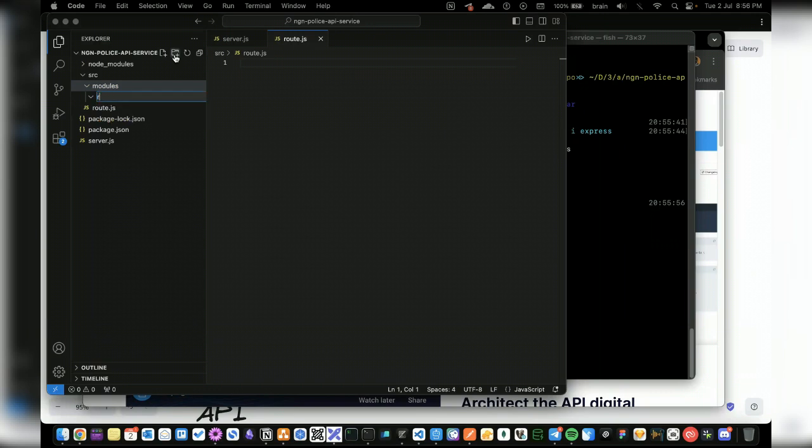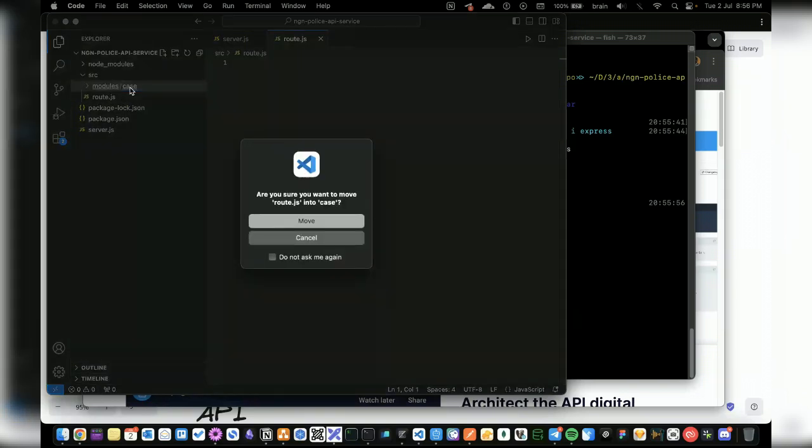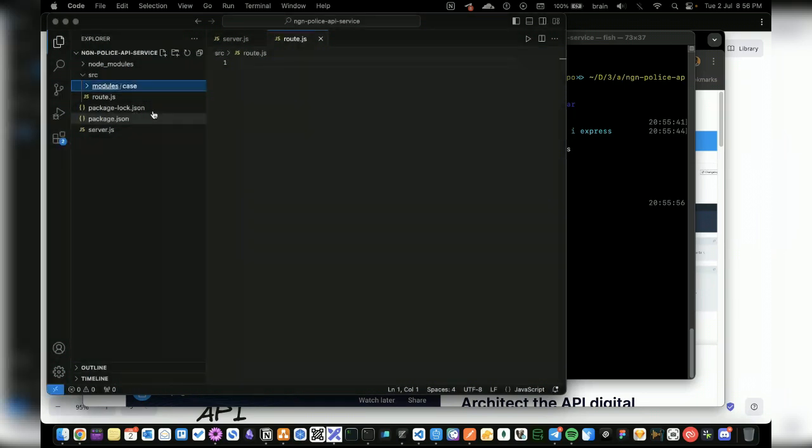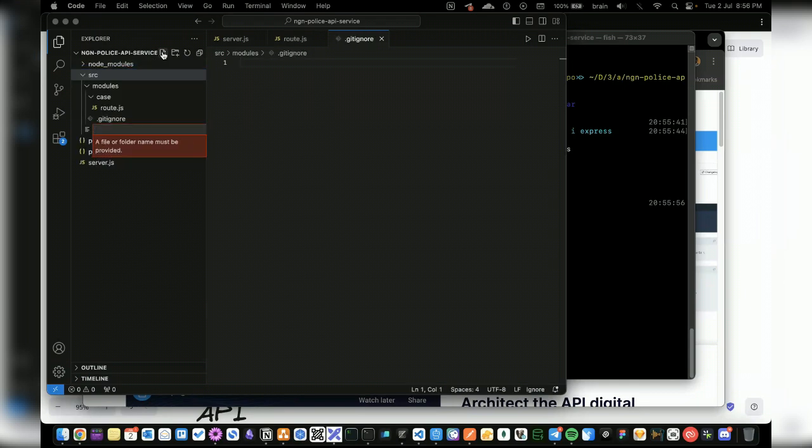I don't know, let's call this case. Yeah, case. Okay, so inside case I'm going to have routes right here. I'm also going to add a couple of things here like gitignore, so that we can at least see this properly, but that's not necessary anyways. I just want to have a file.